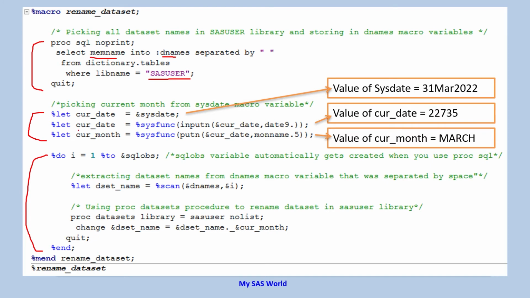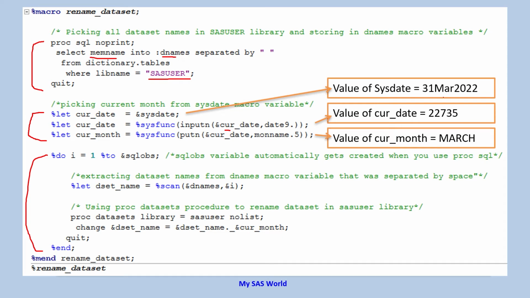In the next line, I am reassigning this current date macro variable again, but this time I am telling SAS that whatever value is present in cur date, that is 31st March 2022, convert it into a SAS date. So I am using sysfunc and inputn. The input function is not available with sysfunc, so we have to use the inputn function. So I'm using inputn, current date and date9. We need to tell the machine what value we have in cur date.